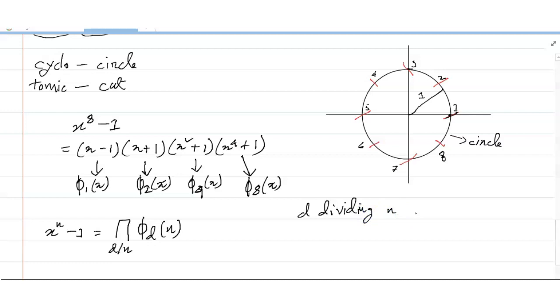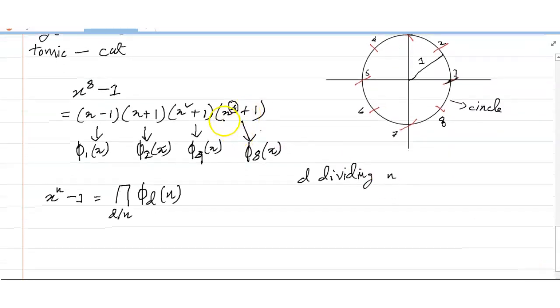This is just a product over d dividing n. You can see recursively that this polynomial has integer coefficients, and if you remember the Mobius inversion formula,